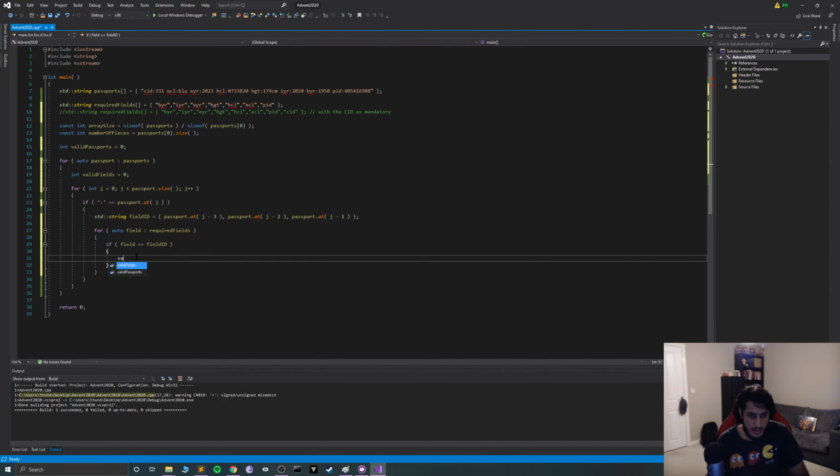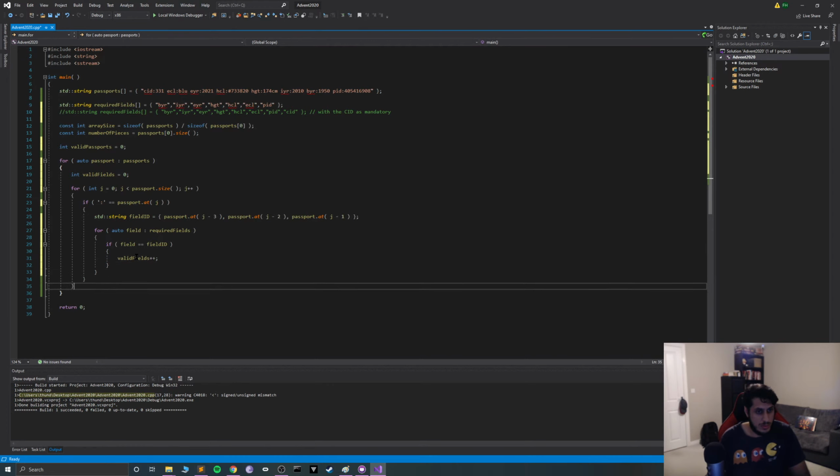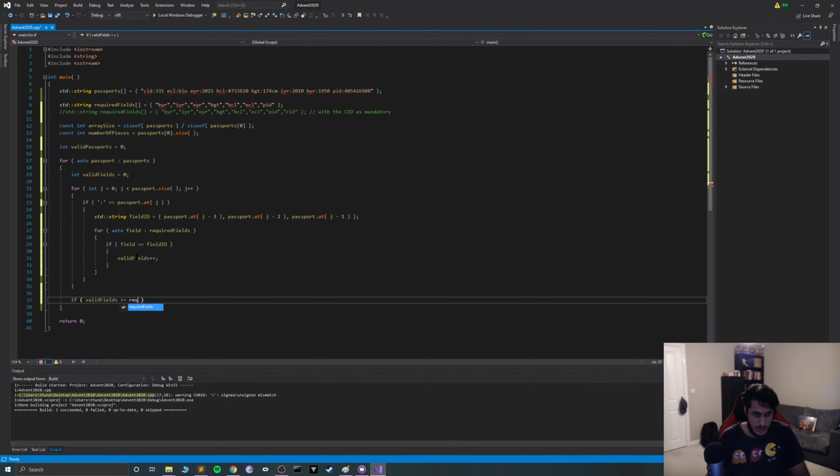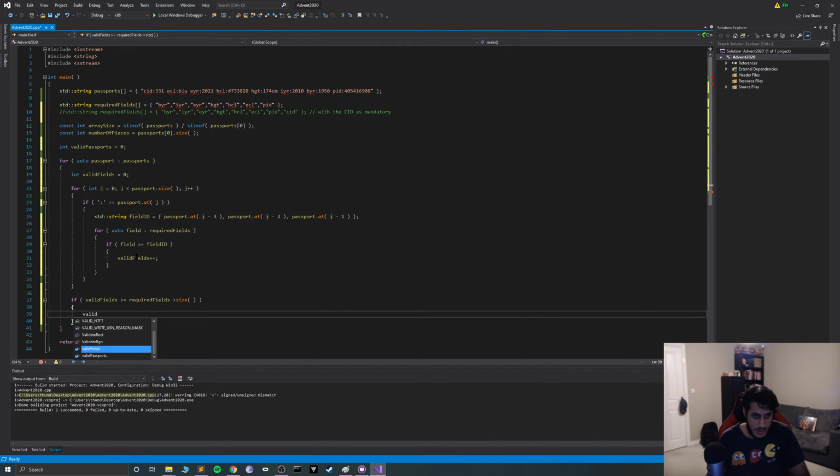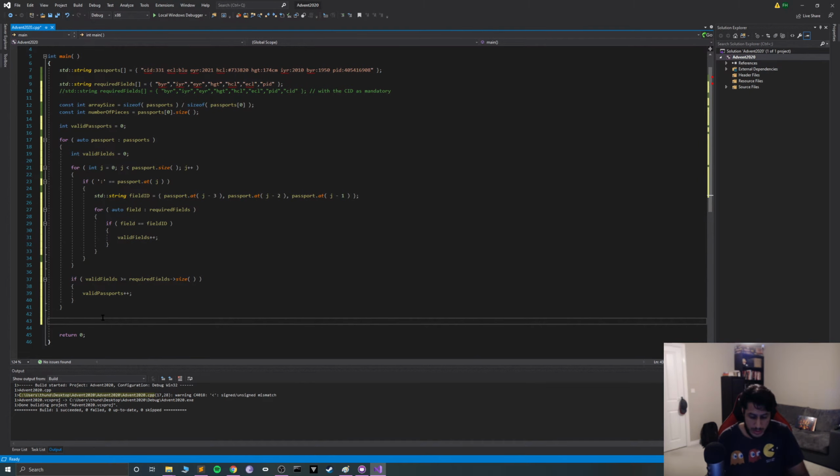We're gonna say valid fields plus, and we'll literally say at the end, after we check the passport itself, if valid fields is greater than or equal to the required fields dot size, then I'm going to say valid passports plus, and we'll also, now which I'm guessing it's done, we should say there